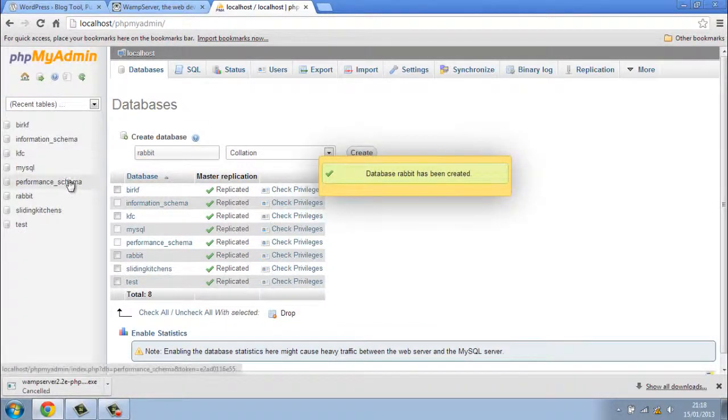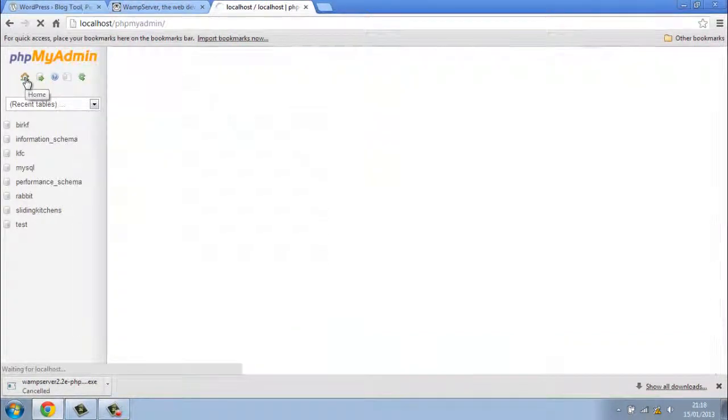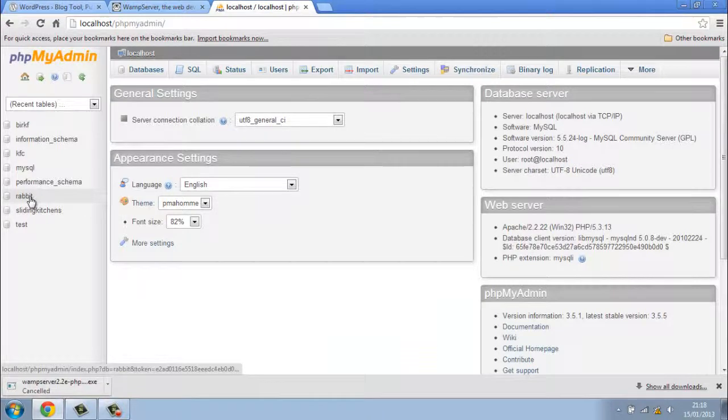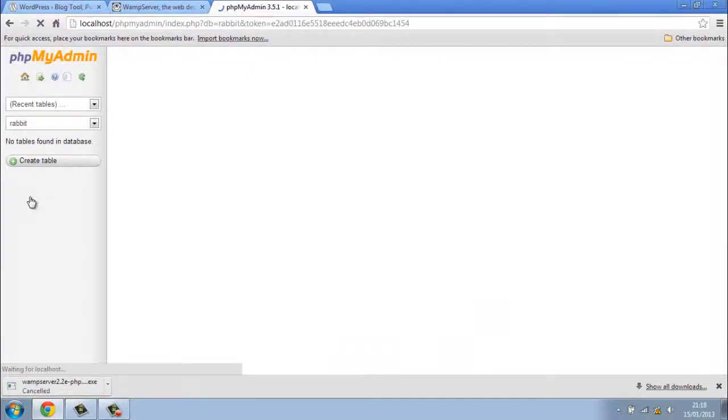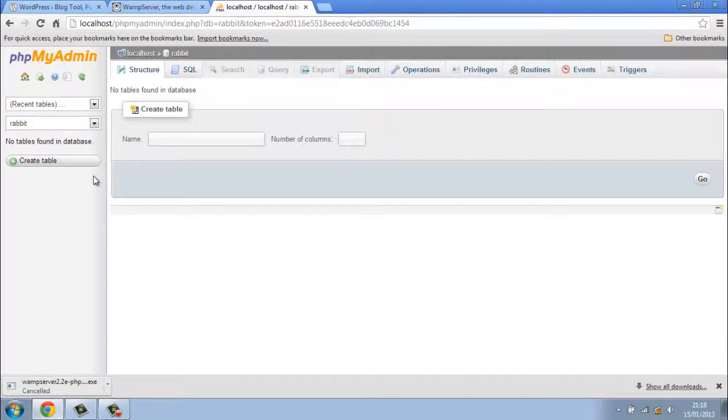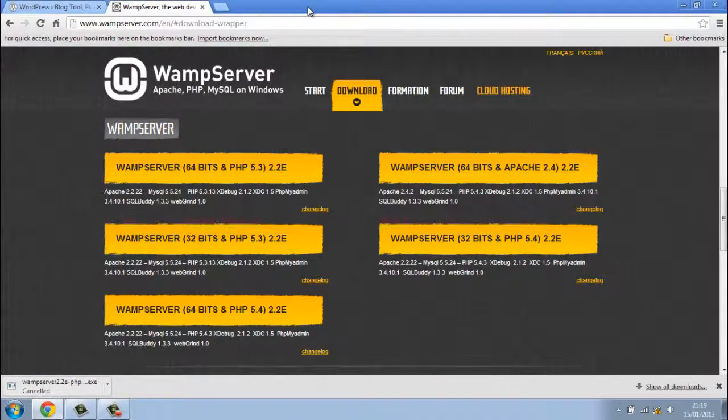And there we've got it. There's Rabbit. Let's go home. We can see we've got Rabbit. We click on Rabbit. That will take us to the database structure. There's no tables, there's no nothing at the moment. Okay, so if we come out of that, the next thing that we need to do is